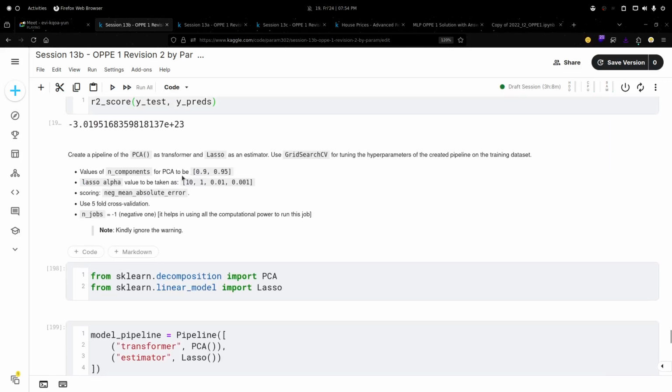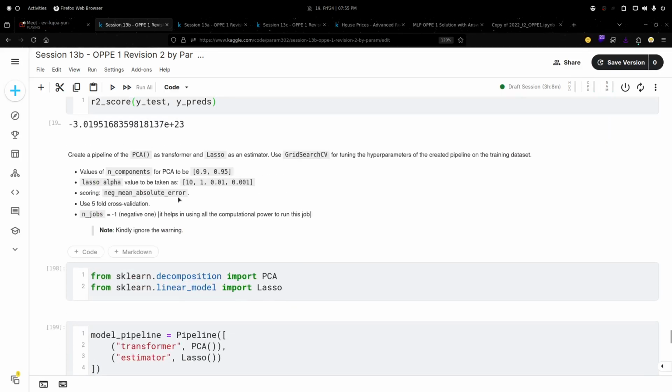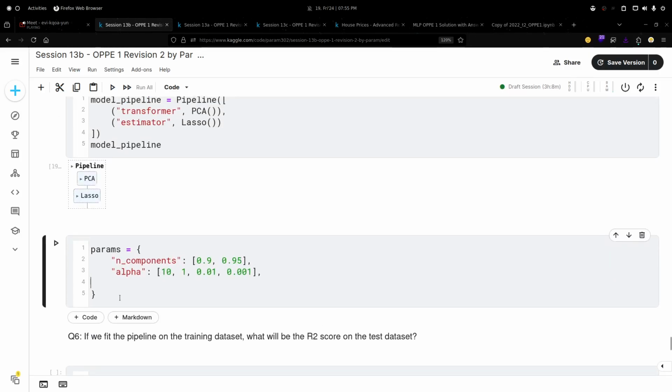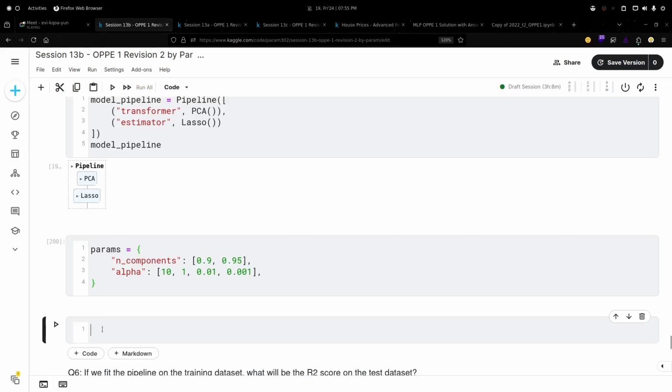Then after that, for the Lasso, the alpha value: lasso__alpha. Why lasso underscore alpha? Alpha is the parameter in Lasso. Yes, it's alpha. Then the scoring, and these three things go in the grid search. Now there is one mistake that we will see. Let's move forward as of now.